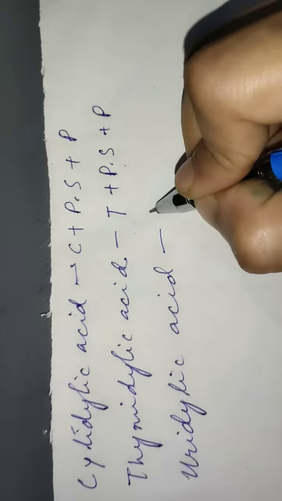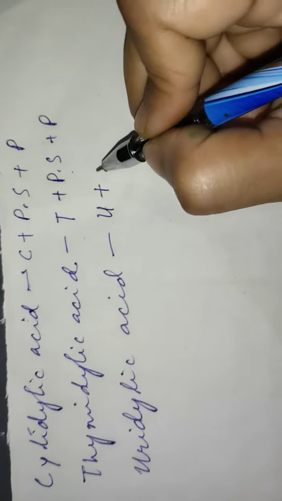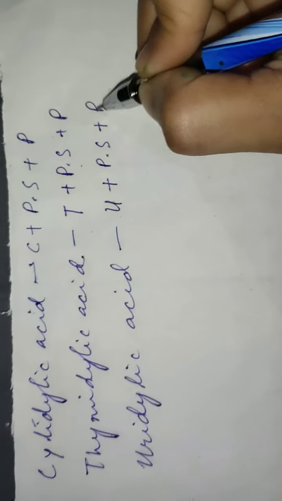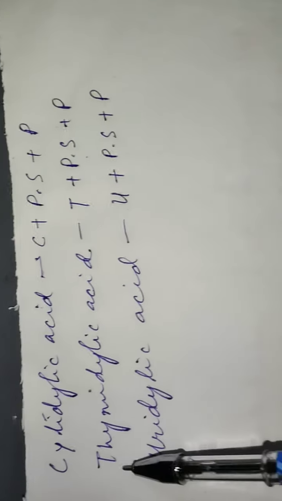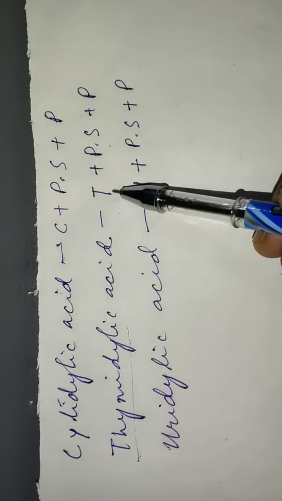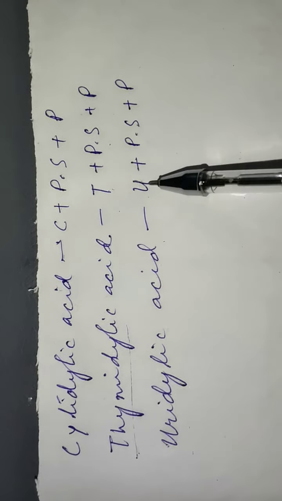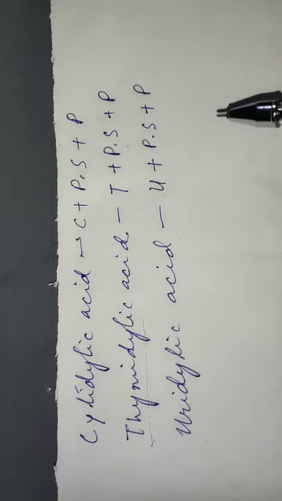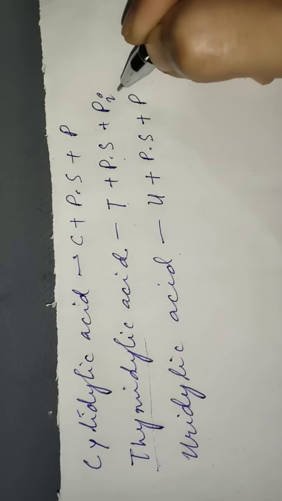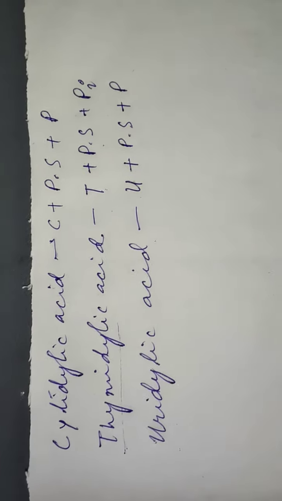Uridylic acid, uracil, if it is RNA, pentose sugar plus phosphate. So for DNA it will be thymidylic acid, for RNA it is uridylic acid. In some reference books you will get Pi, inorganic phosphate, so it also represents the phosphate group. Okay,